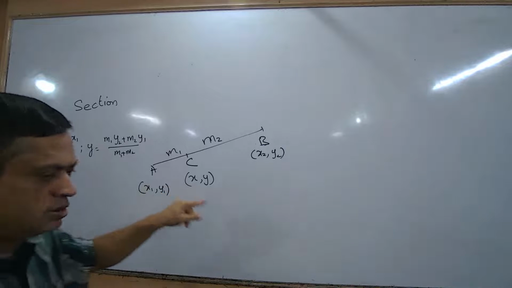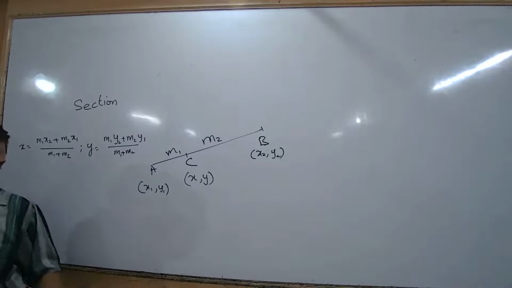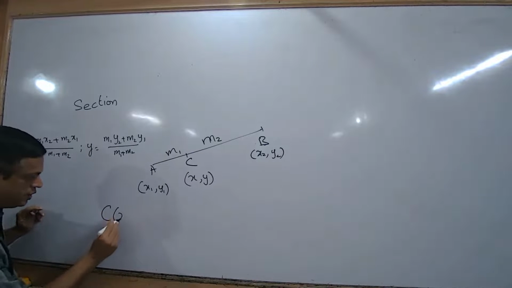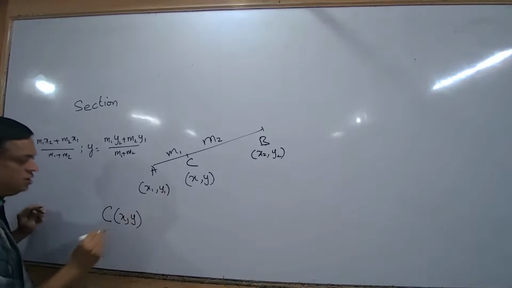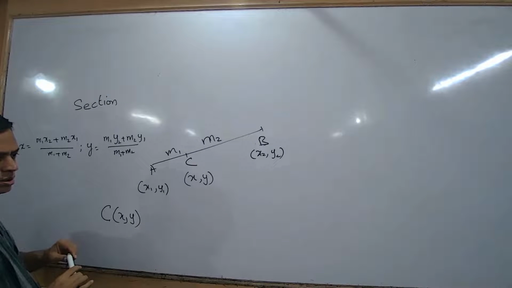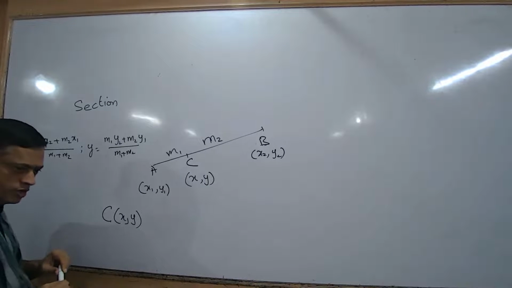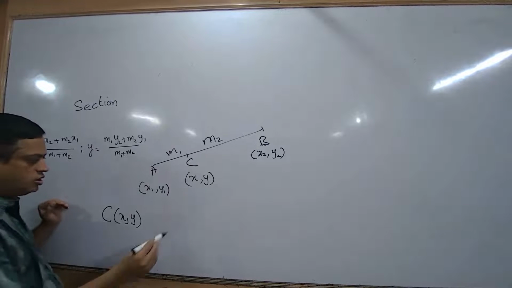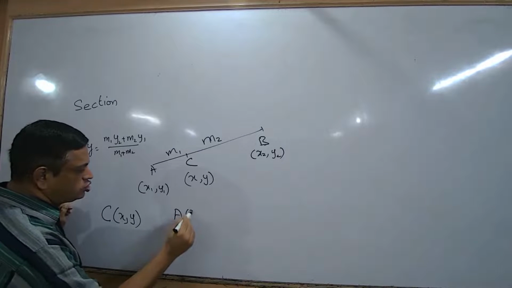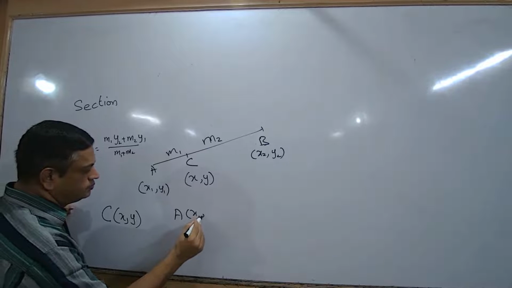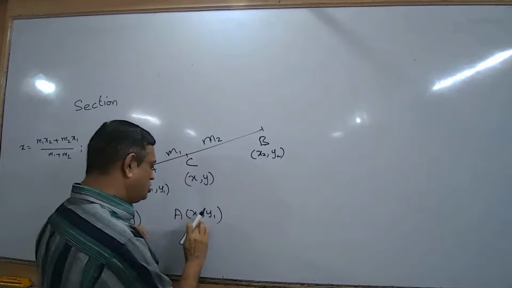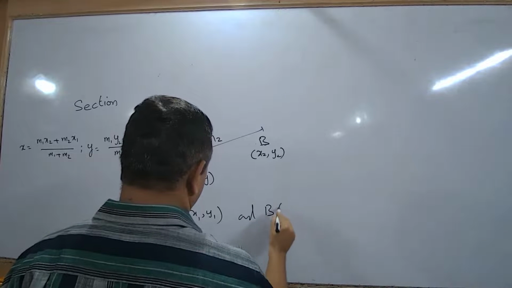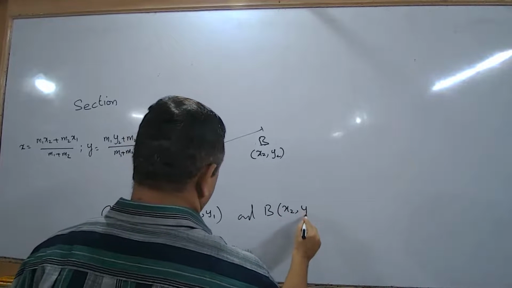Then below, write: C (x, y) divides the line segment joining A (x1, y1) and B (x2, y2)